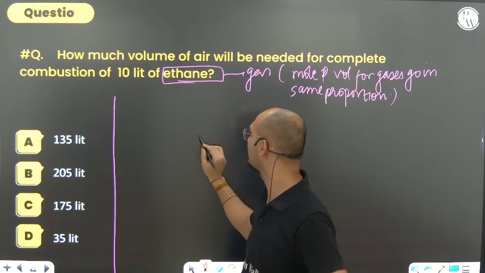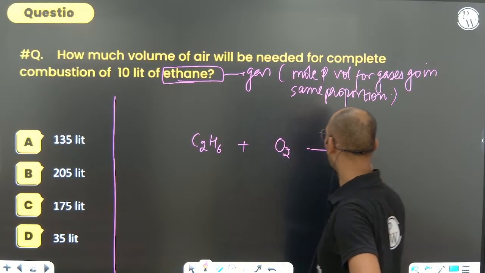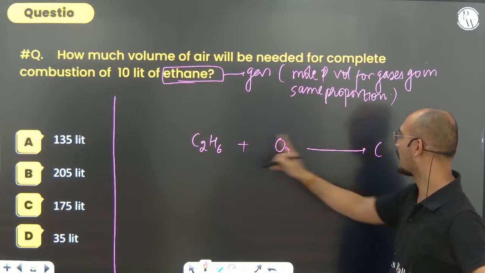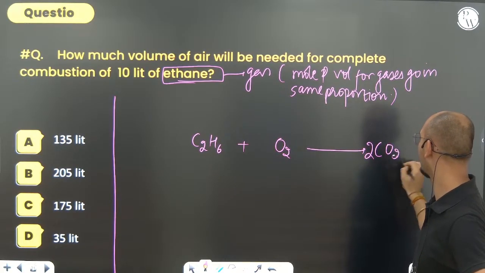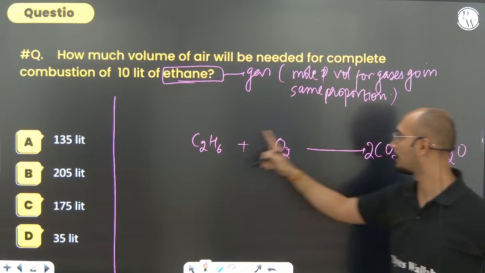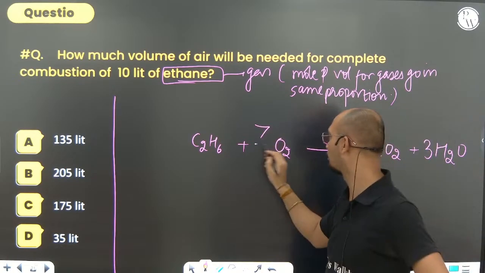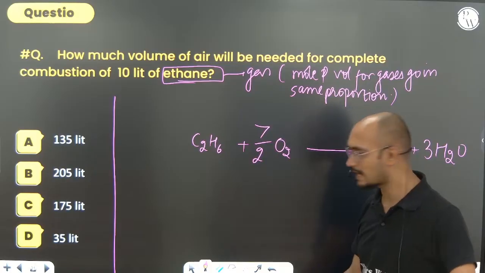So what we can see that ethane C2H6, you should know how to write the combustion reaction. Carbon will convert into carbon dioxide, hydrogen will convert into water, H2O. How many of the hydrogen is there? 3. So how much of water should be there? 3. How many oxygen comes? 2 to the 4, 4, 3, 7. So how many of O2 should be there? 7/2. This is the reaction that we have.